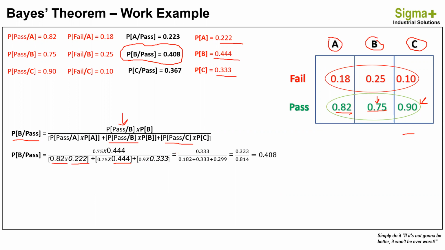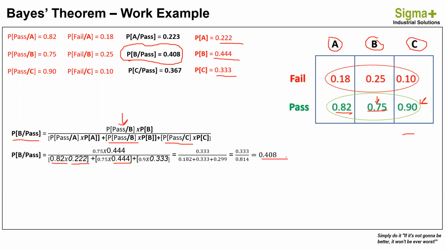So that will be equal to 0.333 divided by the sum of 0.182 plus 0.333 plus 0.229,